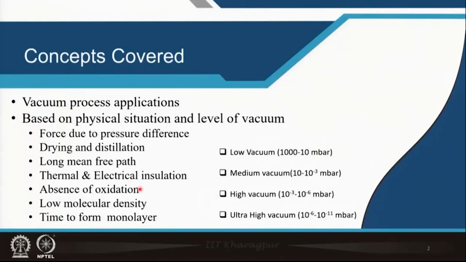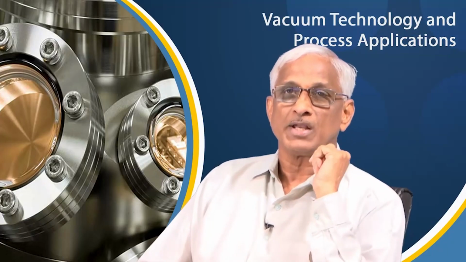Then low molecular density and long mean free path, these are two other physical concepts. They are exploited in the electronics industries, space technology, and nuclear technology, where collisions are to be avoided totally. So, when you try to send a particle in a particle accelerator, you take an atom and ionize it and accelerate it by electric fields and deflect it by magnetic fields, and you get different types of particle accelerators, which are the basis for nuclear fission and nuclear fusion, possible energy sources for the future apart from solar. So, all nuclear engineering heavily depends on particle accelerators, and particles cannot be accelerated in the form of ions using electric and magnetic fields in big chambers, very big chambers,